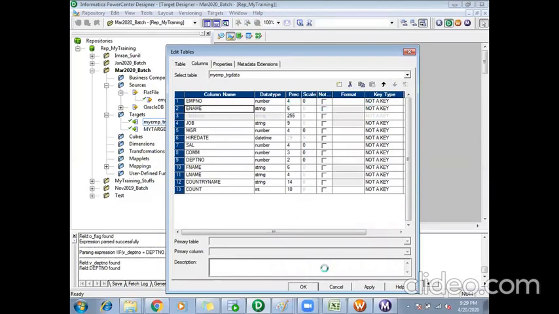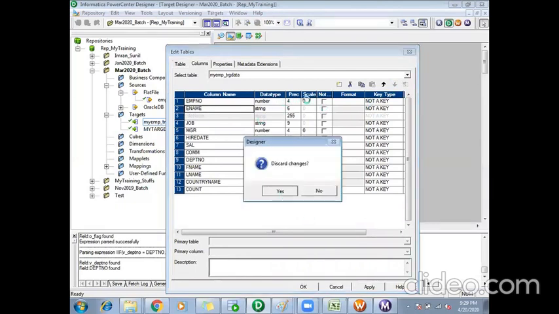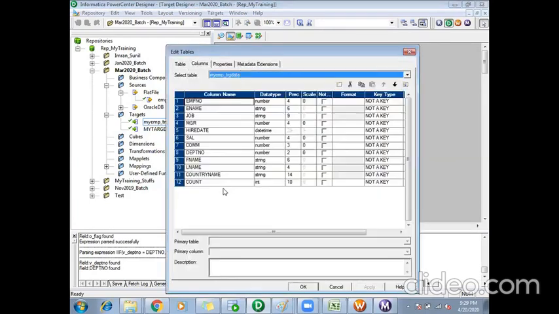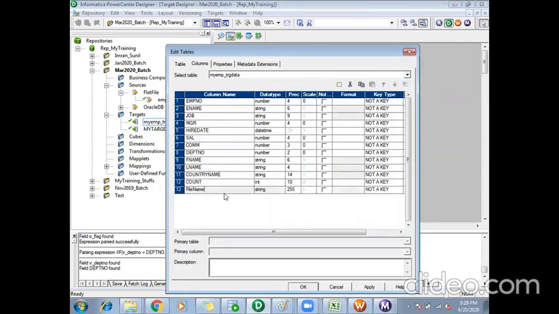Okay, discard, one second. Double click columns, take my cursor down, and click this. So this file name port will be created at the end, since ports are the record data.